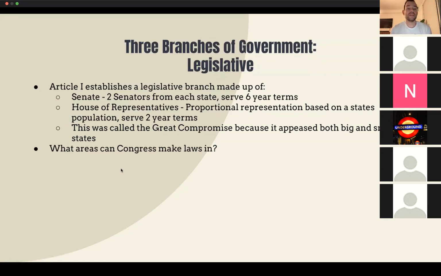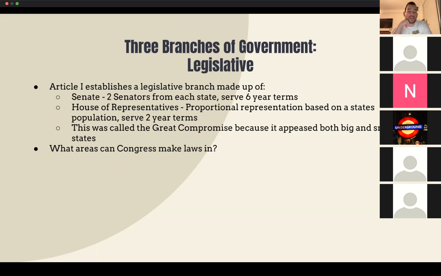Many people now think that we should reform the Constitution to remediate this. They think that now that we have 50 states, and many of those states don't have that many people in them, it's unfair that a small state like Vermont gets 2 senators, while a huge state like California or Texas also only gets 2 senators. That's something that you should definitely be thinking about, whether you think that's fair, or whether you think there could be a better way to do representation.